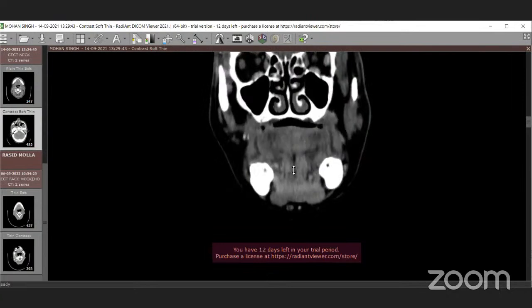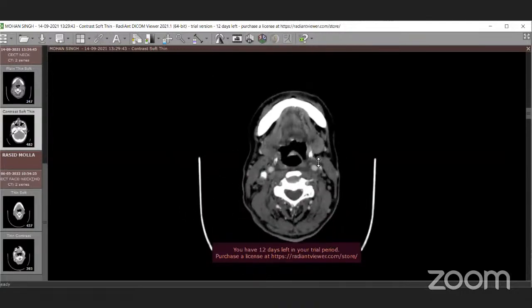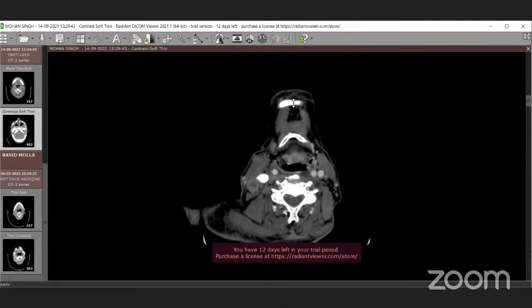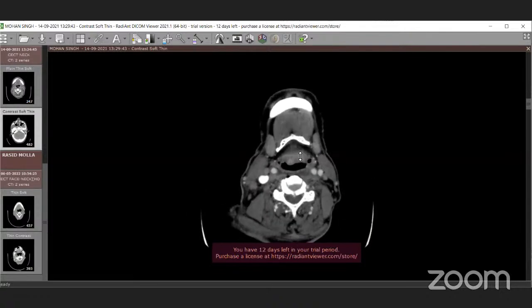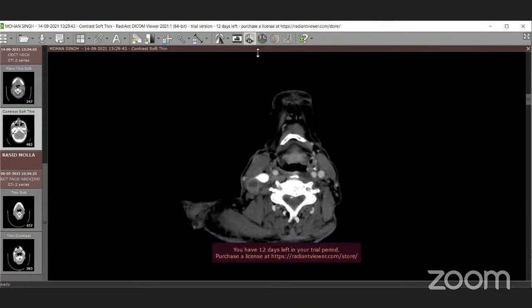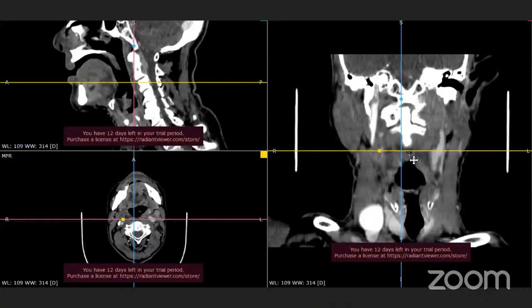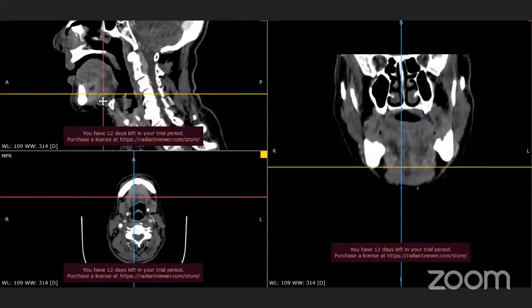Again, in the axial section, please. So this is the mandible, inferior margin. This is the hyoid. I will put it as an MPR so that it will be easy for you. Are you able to see the screen? A 3-split screen? Is this okay? Okay, fine. So it will be easy for you to understand.